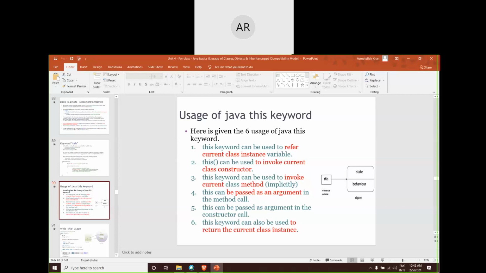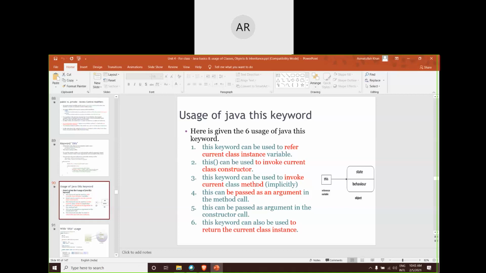Fourth, it can be passed as an argument. Whenever you want to make a call to a method, and you want to pass the current object inside the parameters, then you can make use of it as an argument. It is not just for one method, it is also for a constructor.